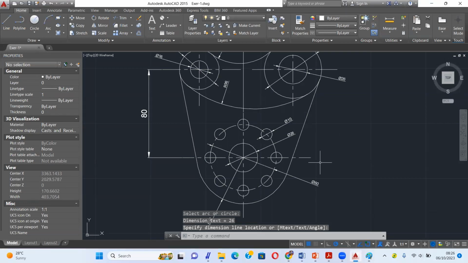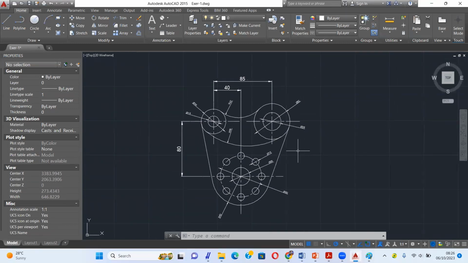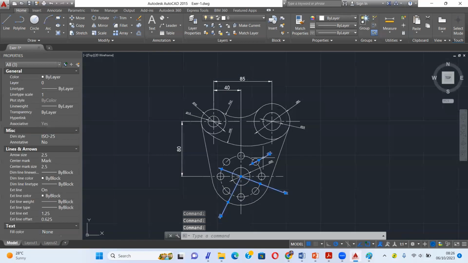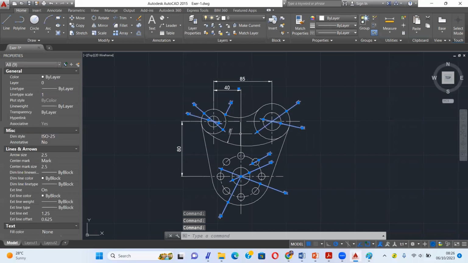With the same way, you can change the text size. You can click all. Also, you can change the arrow size to 5.